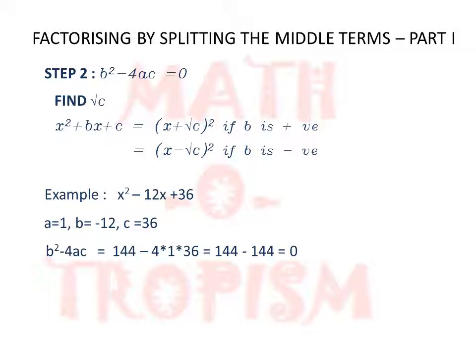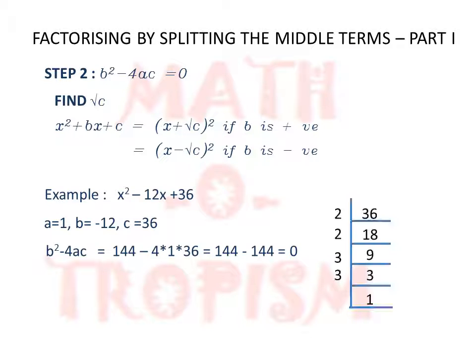So that means I just need to find the square root of c. Now c is 36. We know the square root of 36 is 6. But I will just give a small explanation of how to do that in case you don't know it by memory, so that if some bigger number comes and you find it very difficult, this is the easiest way to solve it. So I need to do the prime factorization of 36 and write the factors together, all the same factors next to each other.